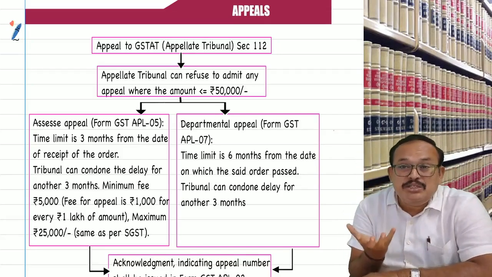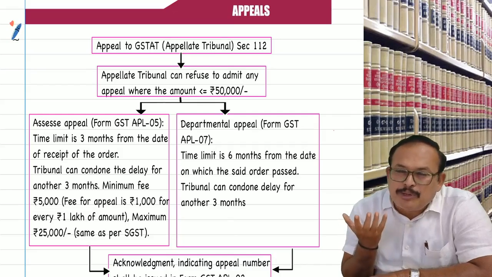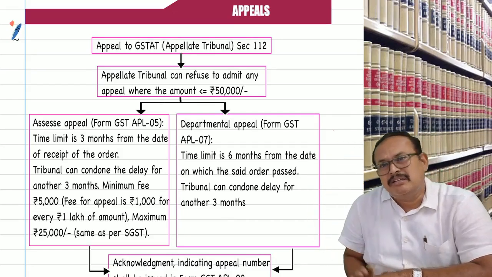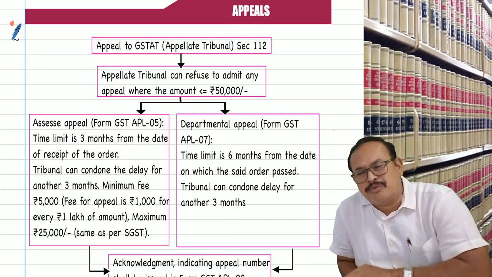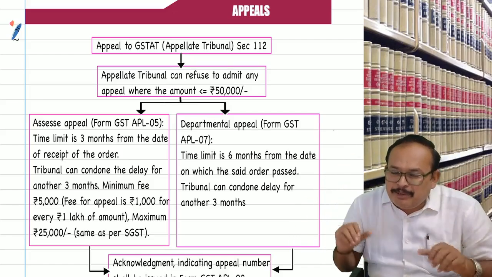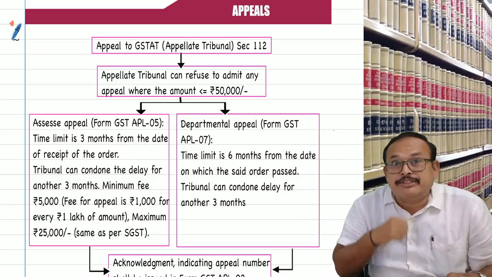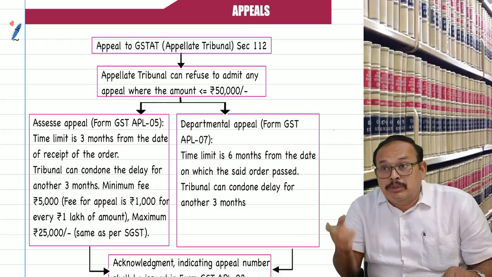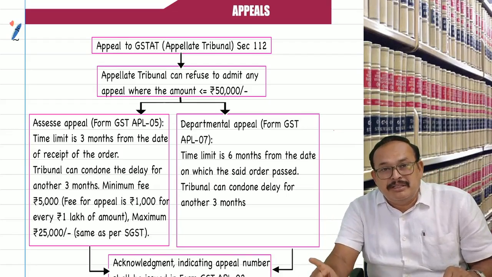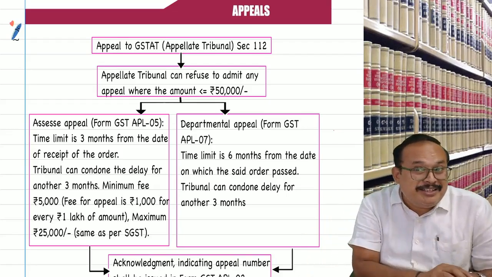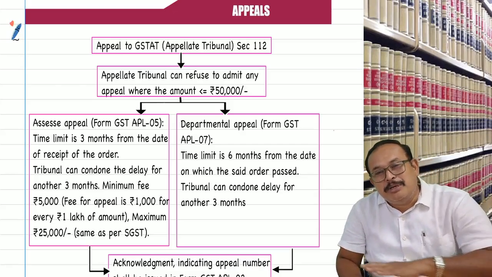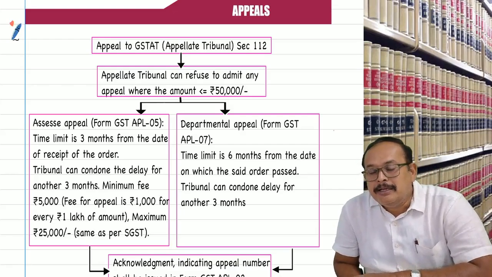Likewise, if the total tax amount involved or total disputable amount in the given case is less than 50,000 rupees, don't come to the tribunal office. The tribunal is busy with so many files. Small petty amounts should not be filed, neither by the department nor the taxpayer. Of course, the department can file. For the department, the monetary limit is how much? Cases with tax amount involved above 20 lakhs only can come to the tribunal by the department. Get my point, sir? For the taxpayer, only cases with more than 50,000 tax involved can come for appeal to the tribunal. That is the meaning of it. Now come back.